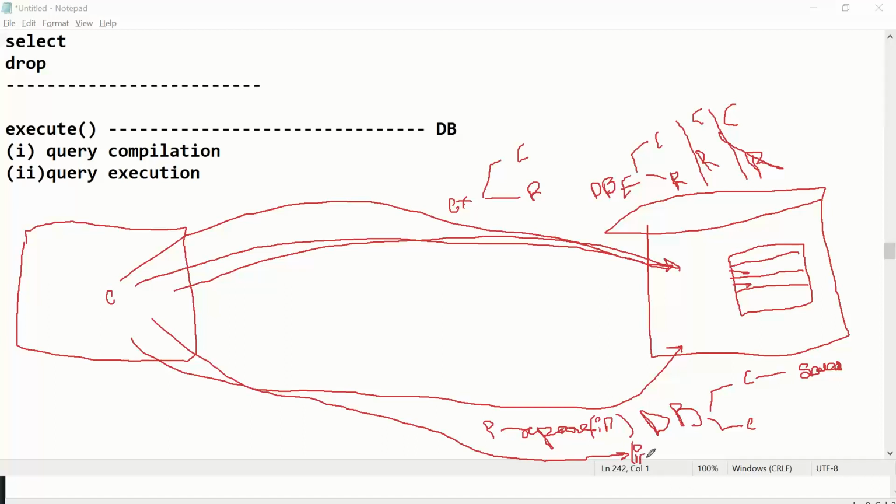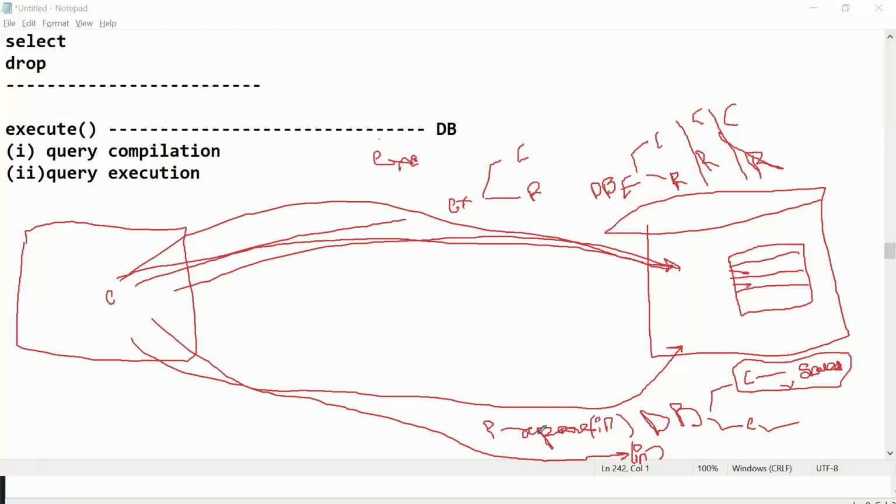So the DB engine thinks: an insert operation has already come in from me through the prepare method, so my compilation procedure I must have saved somewhere. Let me utilize the same compilation procedure, and then I should do only execution the second time. So there are two ways you can communicate. One is the execute method, which you have seen till now.